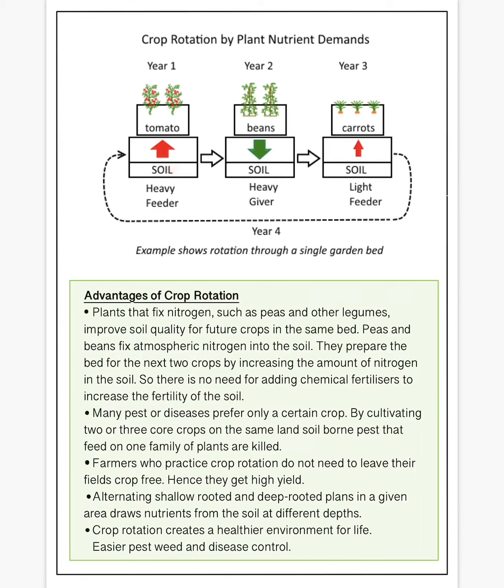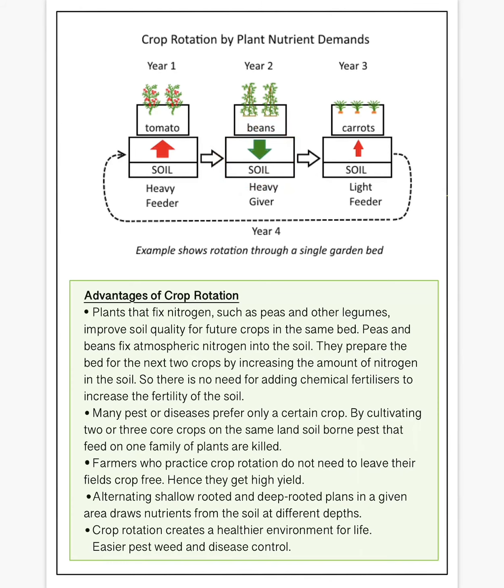This soil will have no nutrients left. So the next crop which you should grow on the same land should be a beans or a legume plant. When you cultivate a legume plant, what are the benefits? The legume plants bring in fertility to the soil. It brings in nitrogen. From the atmosphere, it will fix the nitrogen into the soil and make the soil very